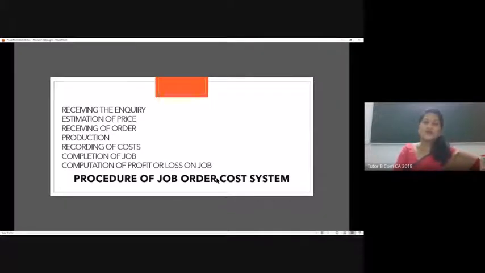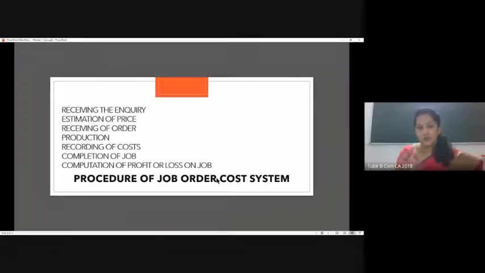The process involved in the job order costing method, because you have a specification with respect to an order. The first step would be receiving the inquiry about manufacturing a product, from a manufacturer's point of view. In the example I shared just now, if you are the customer, you would be approaching the manufacturer and inquiring about the rates applicable to a wardrobe, and how it differs for different types of timber, the kind of wood which you use.